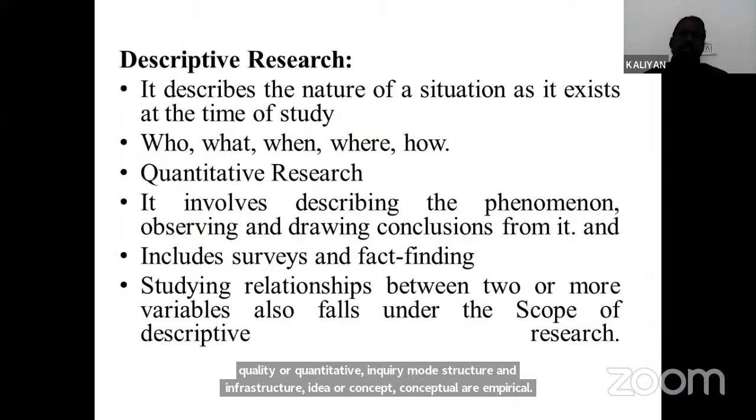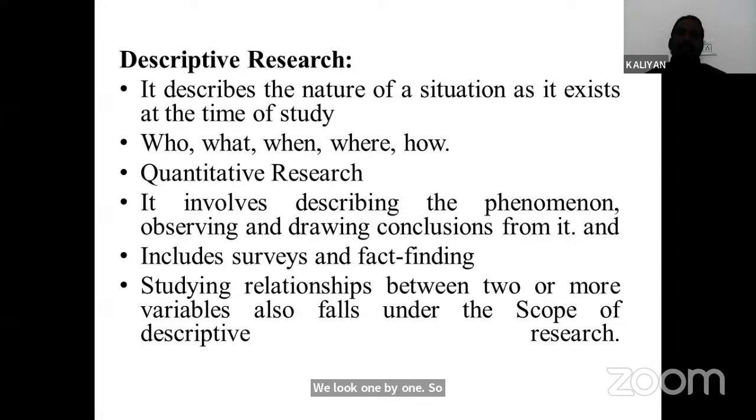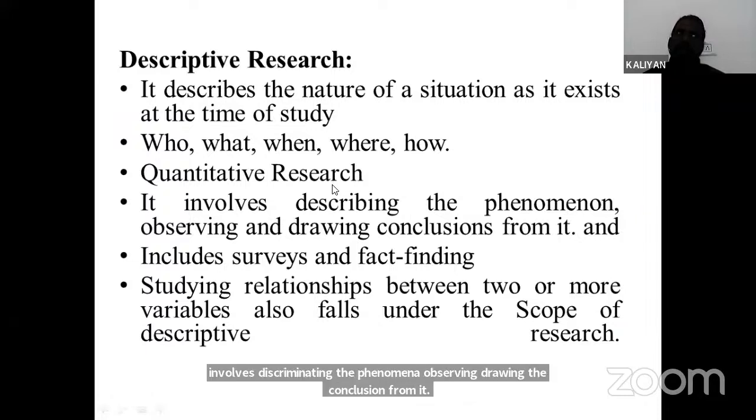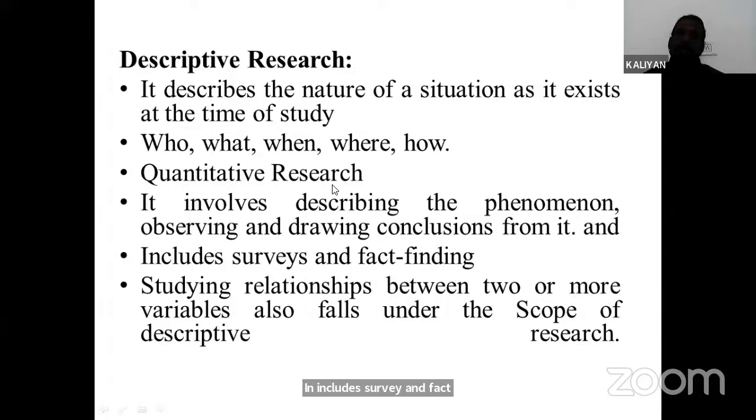So descriptive research describes the nature of the situation as it exists at the time of the study. We find the answer for who, what, when, where, how. It is basically quantitative research. It involves describing the phenomena, observing, and drawing conclusions from it. It includes survey and fact finding. Studying the relationship between two or more variables falls under the scope of